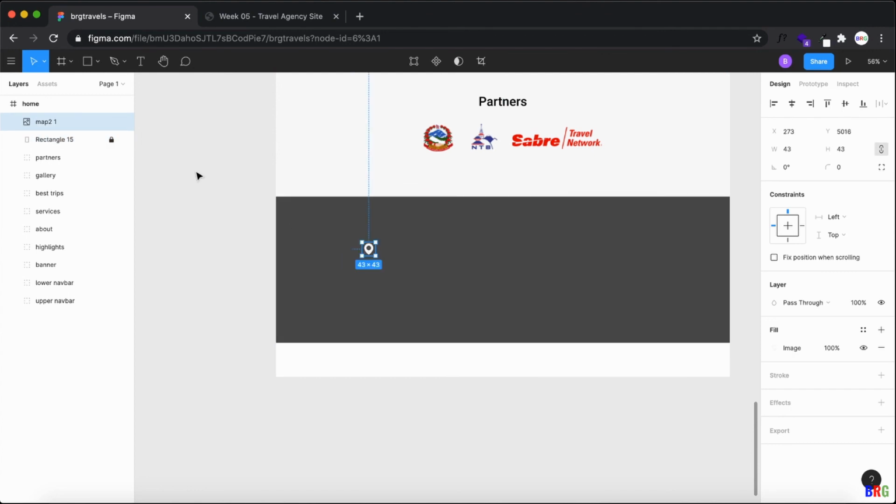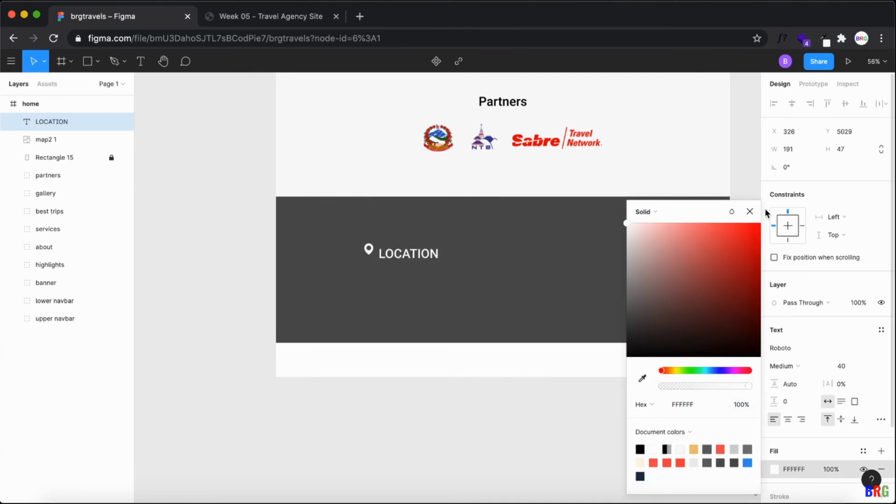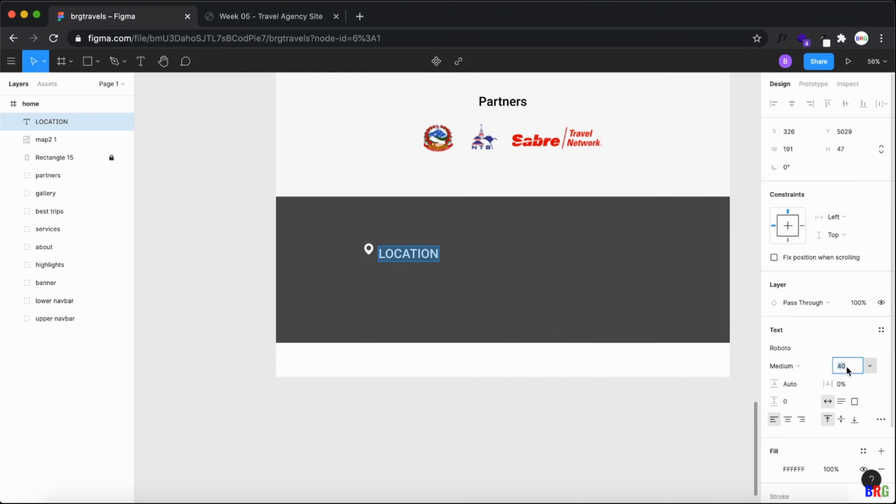Now I need to write location. Make it white as well, and this as, let's say, 30. Yeah, this will work, and this as regular.